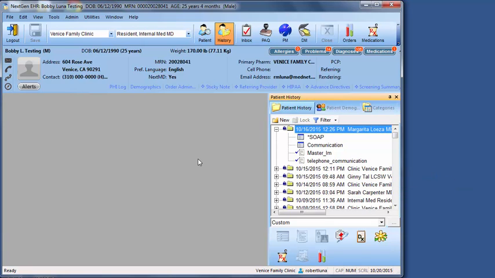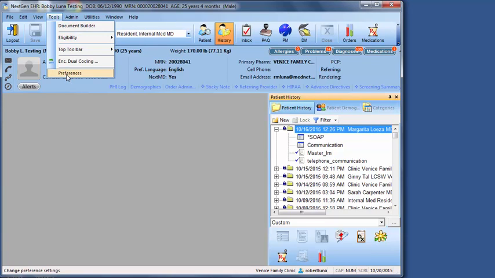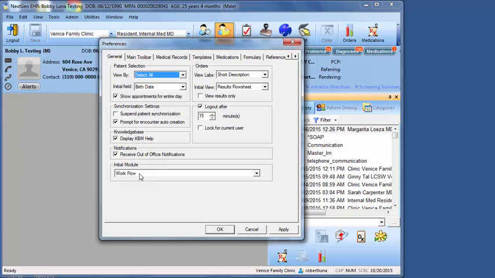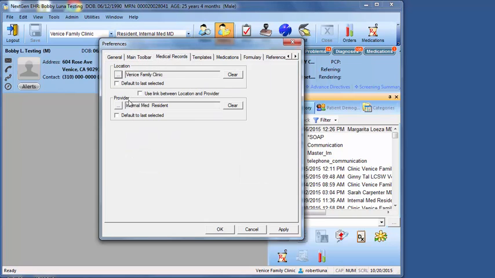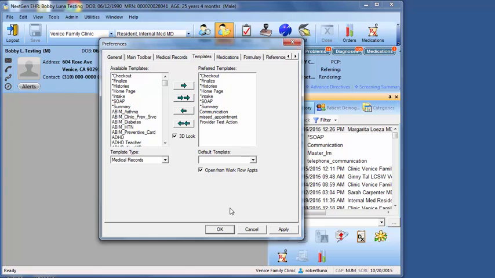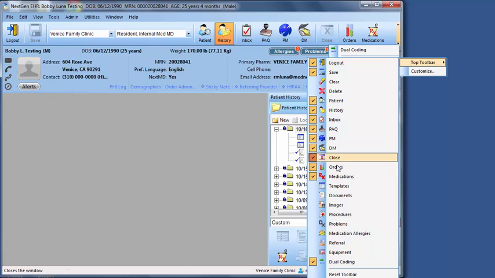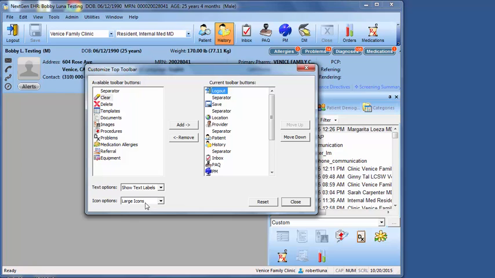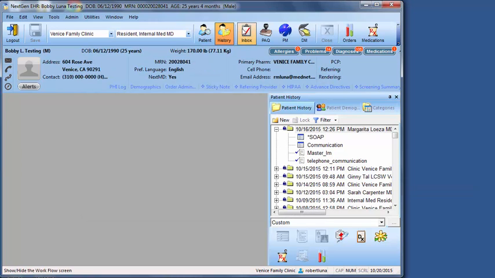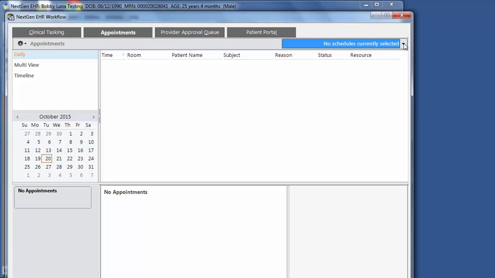So in quick review, starting up here, you want to go into Tools, Preferences, make sure you set Workflow, Medical Records, assign your location and provider, add in your templates, apply and OK. From there, come over to this drop down arrow and hover over Add Remove, top toolbar to then click in Orders, Medications, Dual Coding, Customize to change your icon size, then inbox appointments to select your grid for that day,